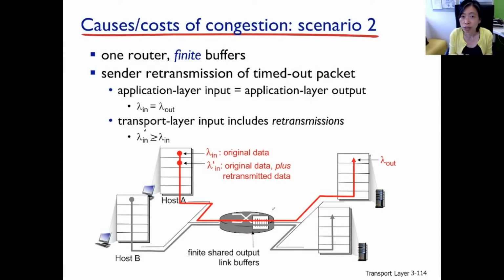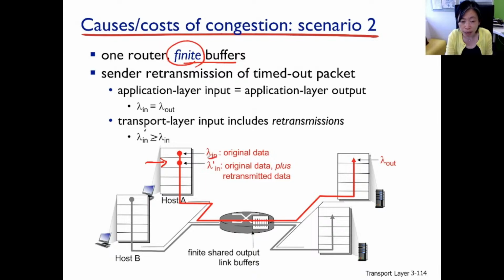And scenario 2 is actually very much like scenario 1. The only difference is this. The buffer space in the router there in the middle now has only a finite amount of space. So in scenario 1, we have infinite buffer, so we don't have packet drops. Right? So what's bad about that scenario is just we will have long delay. But now in scenario 2, we have finite buffer space, so potentially we could have what? Packet drops. So potentially we need to retransmit packets. And retransmission here is at the TCP layer.